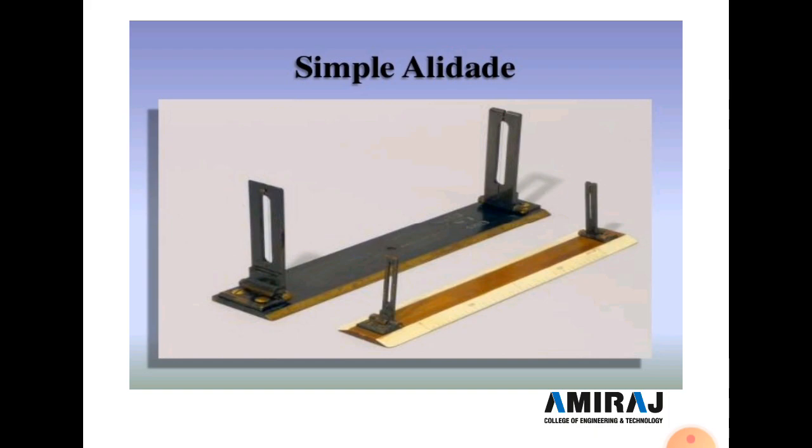And see this another figure of the alidade. It is a simple alidade figure. Here two vanes are there, the object vane and the eye vane. How do we know which one is the object vane and which is the eye vane? In the eye vane only a simple slit is provided, and in the object vane a slit with horsehair is provided. A vane with horsehair is the object vane, and the eye vane has only a simple slit.